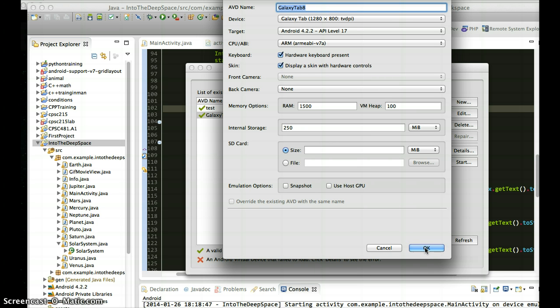So if you're getting an error where it works for your device but it doesn't work for your emulator, and you see something like an out of memory error and it cannot load XML files, something like that, check that first. Make sure you have enough heap size. 100 should be enough for now. That might be too big, I just don't want to deal with it because more images will be coming in my version of Into the Deep Space